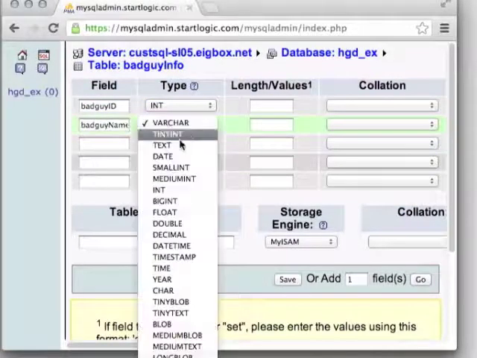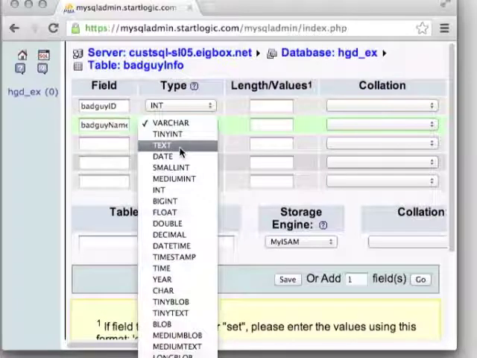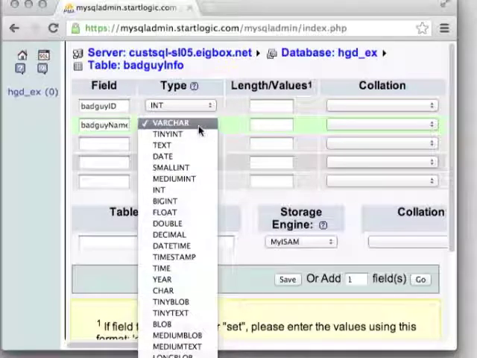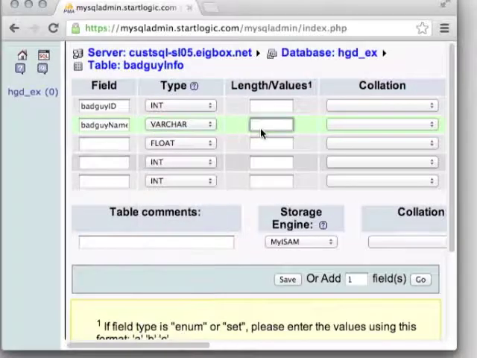And we'll set the type to varchar instead of text. Text allows arbitrary length and is not very efficient, but it's useful if you had long articles in a database that you don't know exactly how large they're going to be. If you have some idea of an upper bound, so let's say we know we're never going to have a bad guy's name over 50 characters long, then we can set it to varchar, and we set the size here